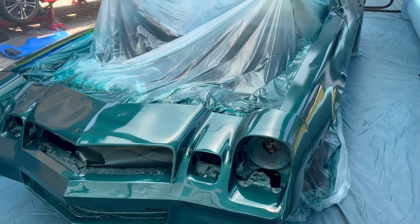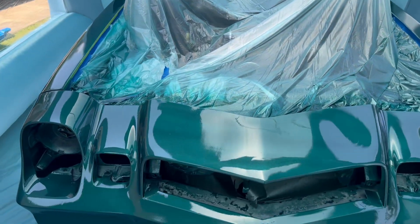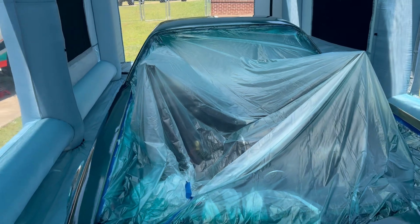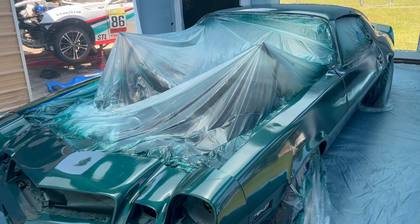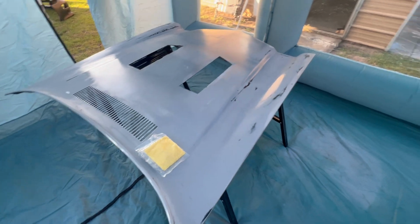Now we're gonna throw a little more paint on it. We still got to do the clear coat, set, finish the hood, mirrors, a couple of small pieces of the car. So we aren't fully finished yet, but I'm excited for when we are, because it's going to turn out real nice. Now it's time to tackle the hood